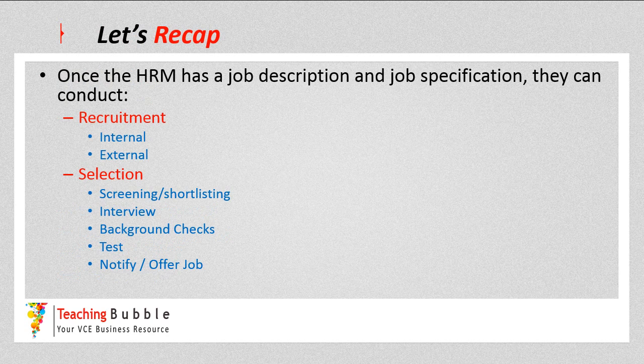So just to recap, once the human resource manager has the job description and job specification, which they get through a job analysis or doing a job design, they can conduct recruitment. There's internal and external recruitment. Make sure you know the advantages and disadvantages of each of those. And then selection, we've got a selection process, which again, I'll stress there's not a specific one in the study design, but this is the one that we use, where we screen and shortlist the applications, and then we interview the remaining shortlist, do some background checks, any other tests, and then notify and offer the particular job, which we'll get into